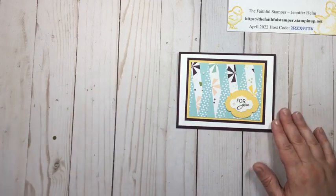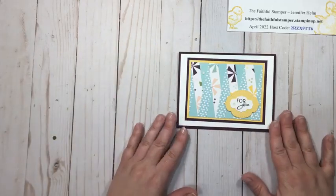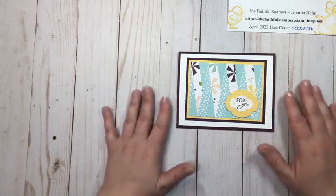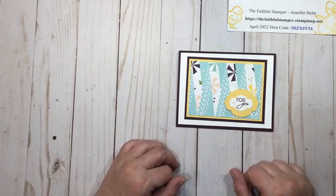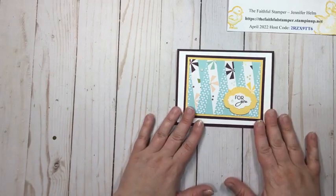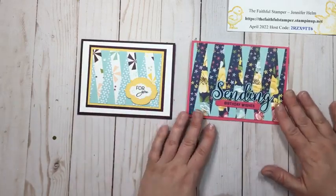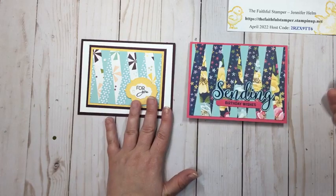And instead of the narrow twisted ribbon panel, I decided to play around with different sizes. So this one is 3 by 4, and then I did 2 different layers. No embossing on this one, just different layers of cardstock for the look. And then my sentiment here, and a little added bling, and the card's ready to go. So that's one option for you. And then you can also make a full front card. So here, my backing piece is 5 1/4 by 4, and the only thing that changes with the design is